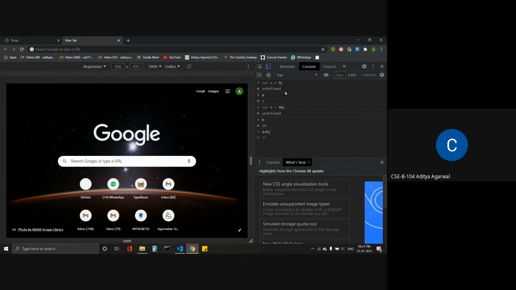Actually, this is not a compulsion, but it is a good practice to end a statement with a semicolon. It will not throw any errors or runtime errors while executing the code. A plus b works fine in JavaScript, you don't need to worry about that.